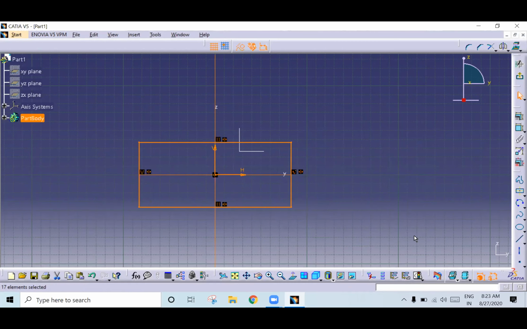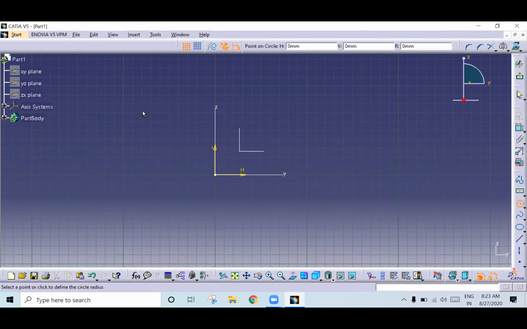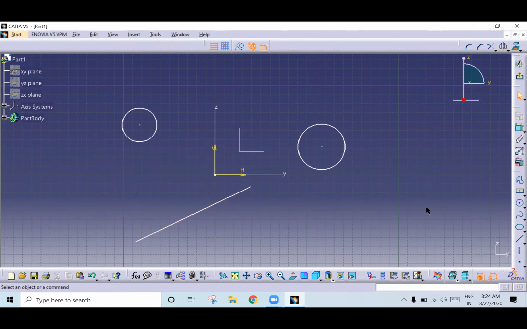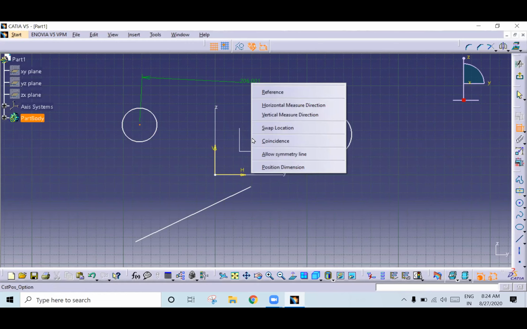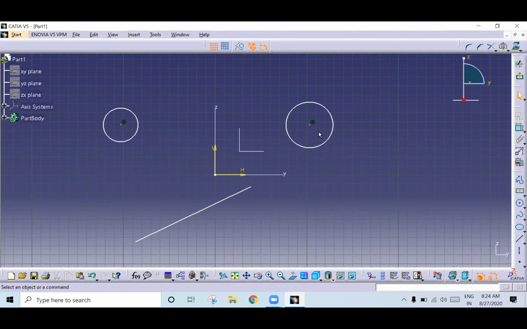Got it? See, once again, I will show you for circle. So you can make symmetry for circle also. Suppose if you have two circles or if you have a line. Okay. So you can make symmetry the center point with respect to horizontal or vertical axis. You can make symmetry the circle with respect to horizontal and vertical axis. We can symmetry these points with respect to horizontal or vertical axis. Okay. So select it. Select the center point. These two. So then right click, allow symmetry, vertical axis. See here, now it has become symmetry.